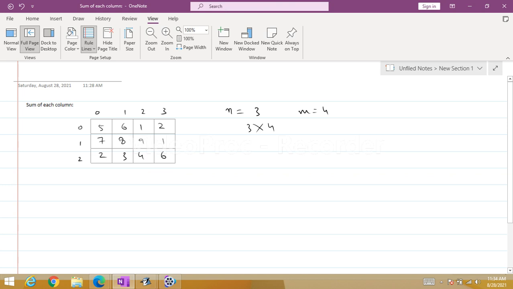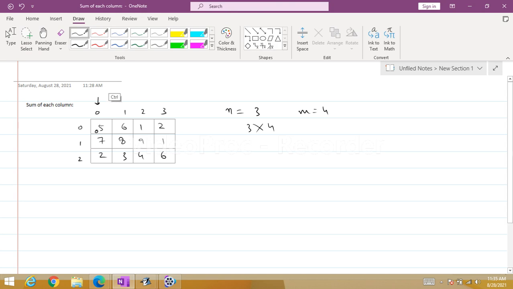When you are adding, you are not supposed to add the whole set of values, and you are also not supposed to add each row. Now you have to find the sum of each column. That means first of all you have to come to the first column. Now in the first column you have to come to the row. So your column will be fixed.